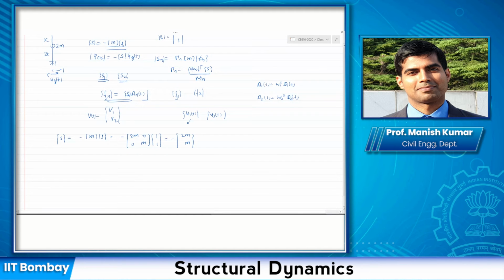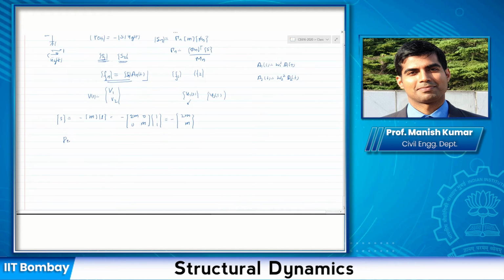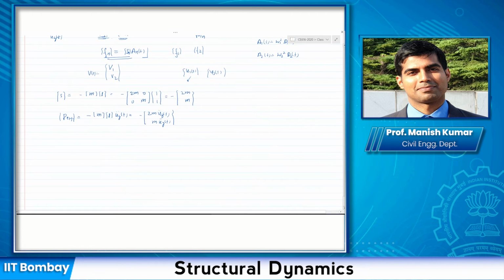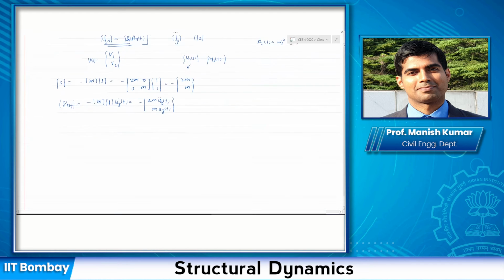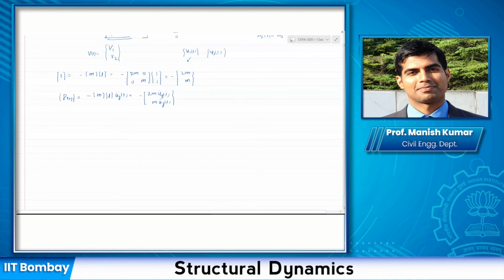Okay, and that makes sense. If you get the effective earthquake force, it is nothing but minus mass times L times ügt, which is basically minus [2m; m] ügt. Each mass is multiplied by the ground acceleration. And what I want to do is to see how, because of these earthquake forces, the inertial forces in each mode are distributed. Okay, and let us see how we do that.